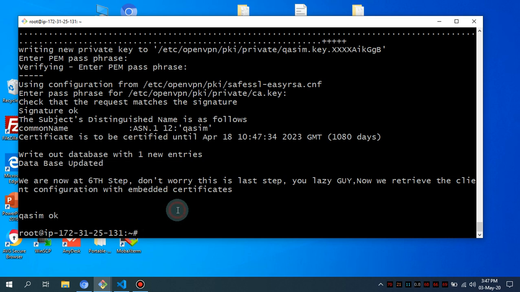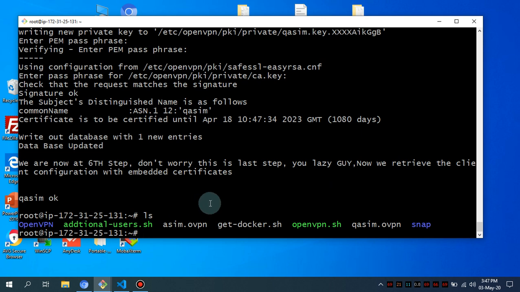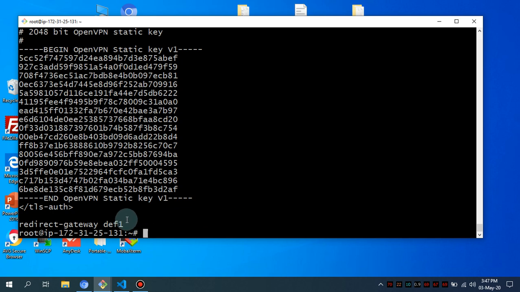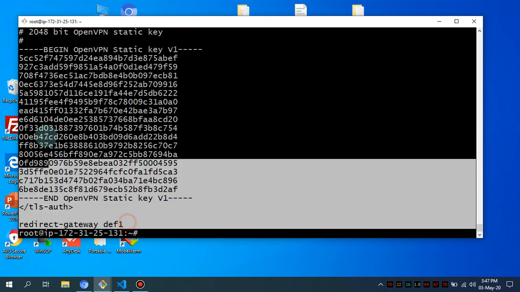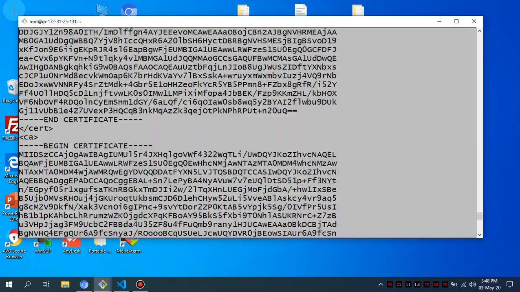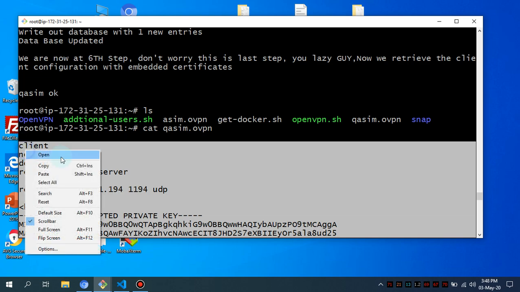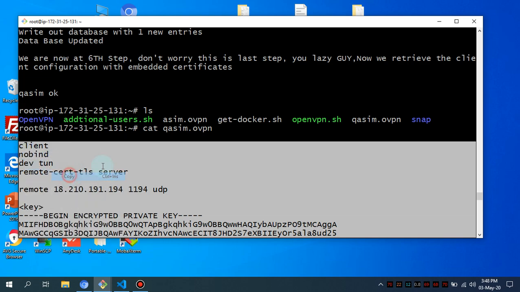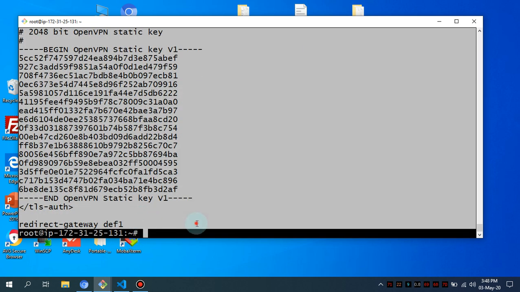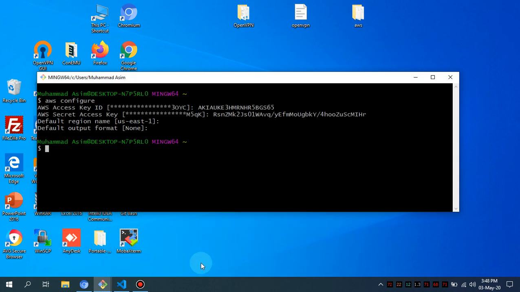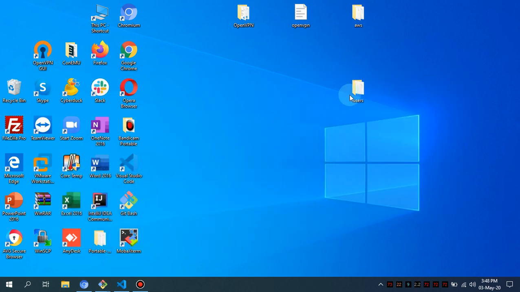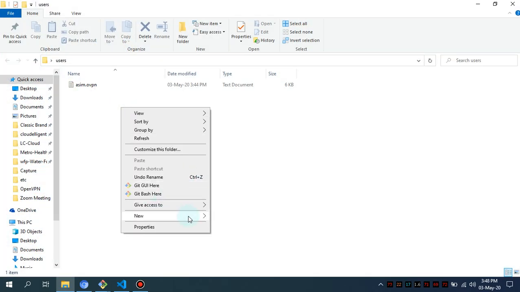Let me also copy the, you see we have asim.ovpn, we have qasim.ovpn. So I'm going to get out the contents of qasim.ovpn. Similarly you can add additional users. Then I will show you how you can revoke a user, let's say if one user leaves the organization or you want to revoke the rights to access this particular VPN. But first, I'm going to similarly create a file for Qasim here,